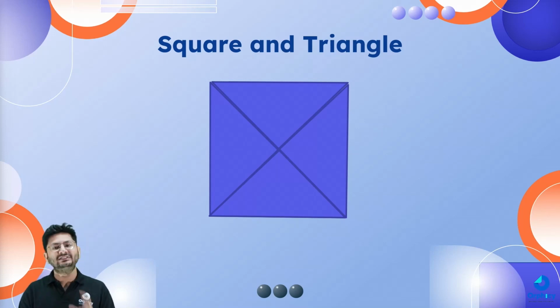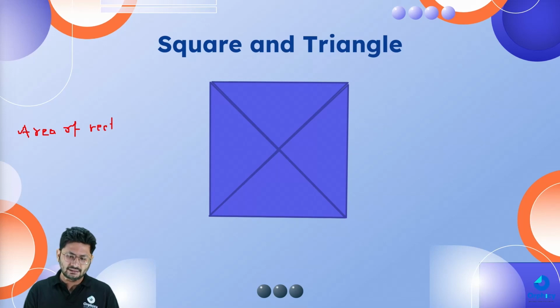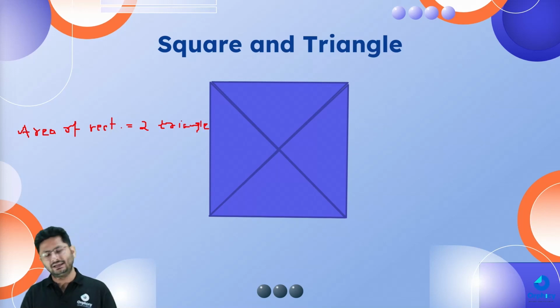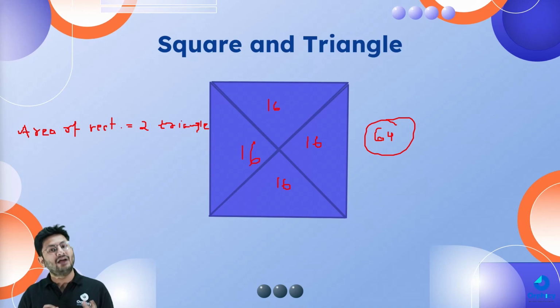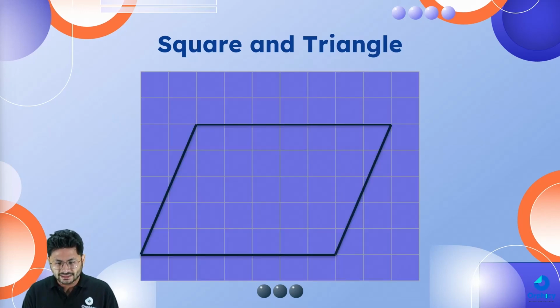And with this logic, can we say that area of rectangle is equal to twice the area of a triangle? करेक्ट है। जो ट्राइंगल बन रहे थे, बिकॉज देयर वर टू कॉन्ग्रुएंट ट्राइंगल्स, तो दोनों कॉन्ग्रुएंट ट्राइंगल्स का एरिया मिलाकर मुझे एरिया ऑफ द रेक्टेंगल मिल रहा है, राइट। सो ऐसे ही इफ वी आर टॉकिंग अबाउट अ स्क्वायर, तो एक स्क्वायर में चार कॉन्ग्रुएंट ट्राइंगल्स होते हैं। तो अगर आपको स्क्वायर का एरिया बोल दिया लेट्स से 64, और आपसे पूछा इन चारों ट्राइंगल्स का एरिया कितना होगा, सो 64/4 दैट इज 16, 16, 16 एंड 16, चारों का एरिया 16 होने वाला है। परफेक्ट।